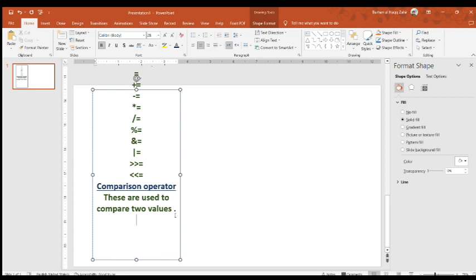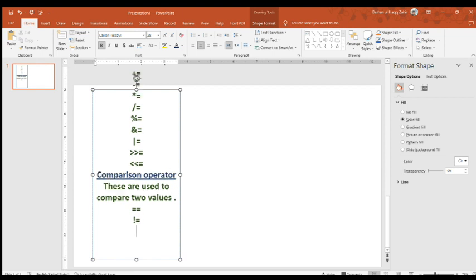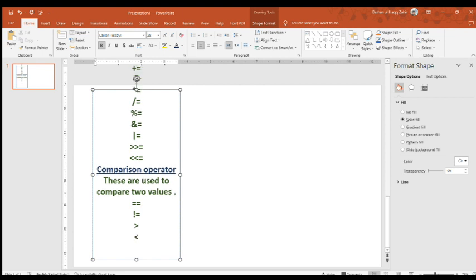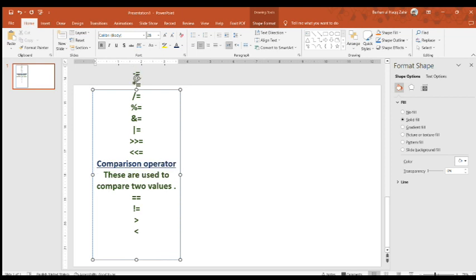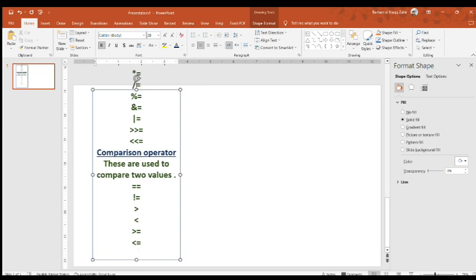We also know these as boolean values, 1 and 0. Now there are some examples of operators. Equal, double equal to: if we write x double equal to y, it means that these are equal. The second one is not equal, so if the value of x is not equal to y, then we write x not equal to y. And greater than, less than, greater than or equal, less than or equal, these are comparison operators